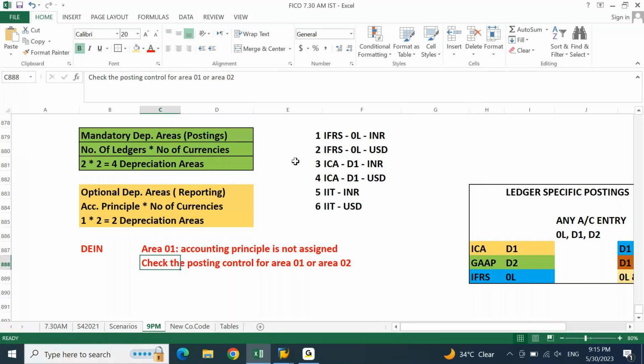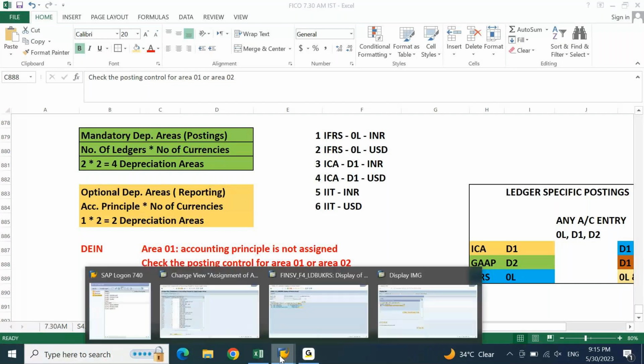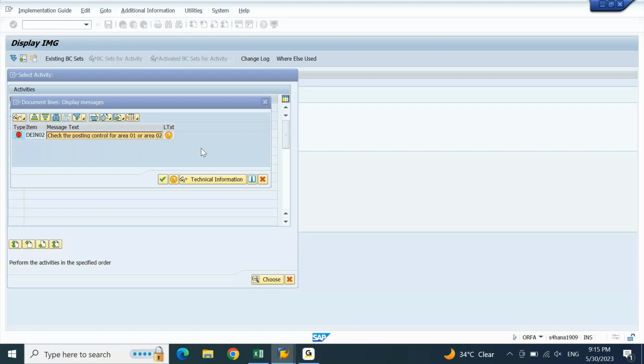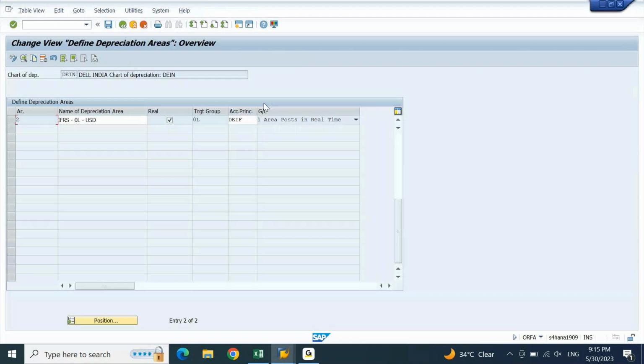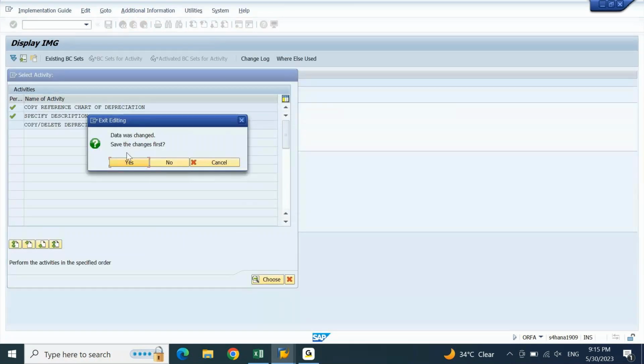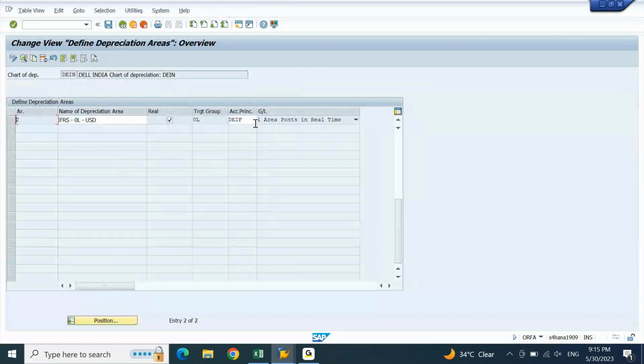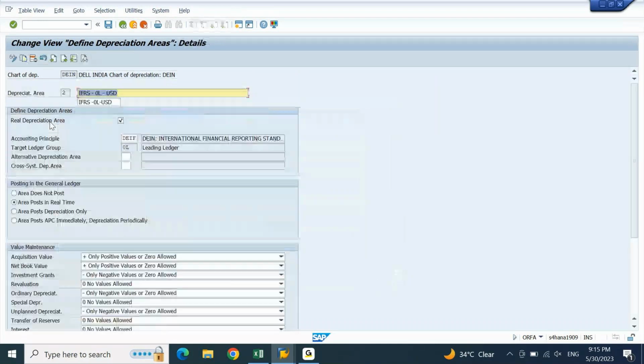Okay, let's go back here. Just go back one level. You are able to see 2. Double click. Now if you put this as area post in real time, this message is coming.